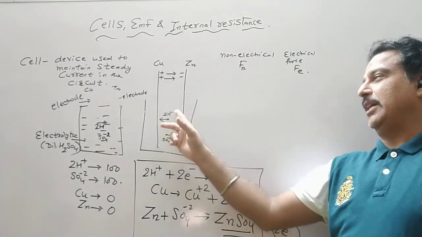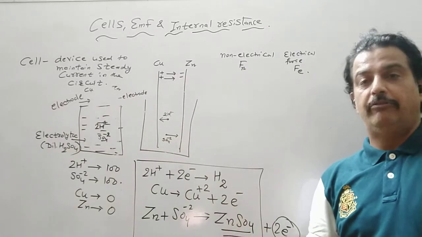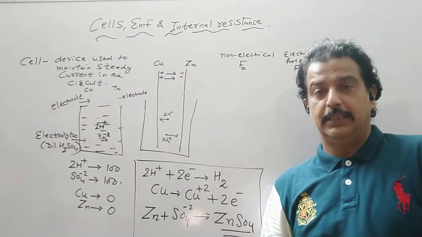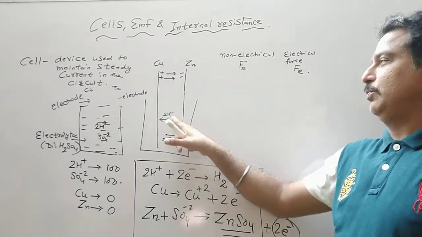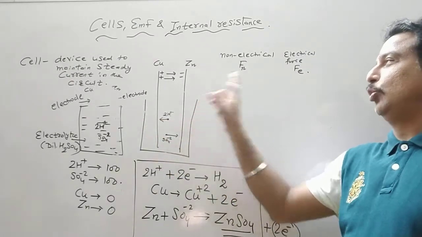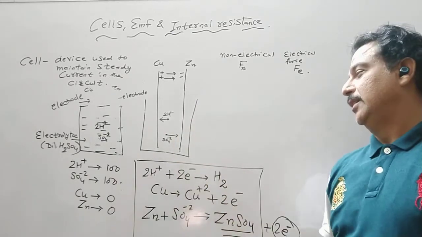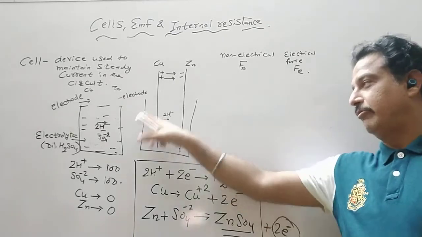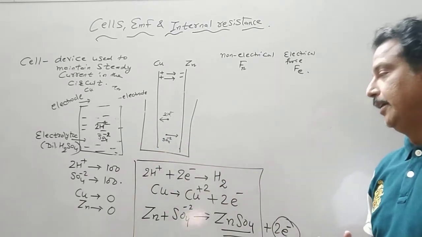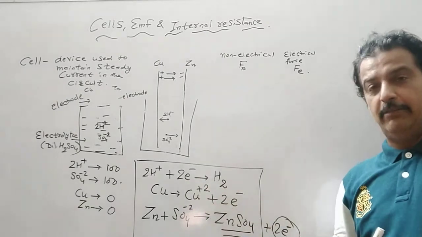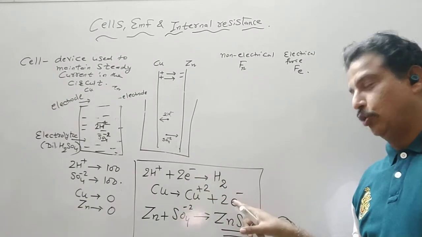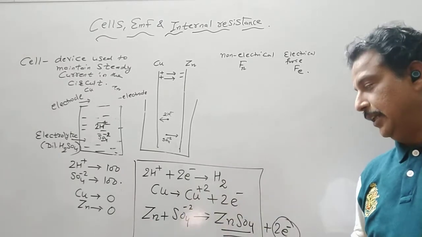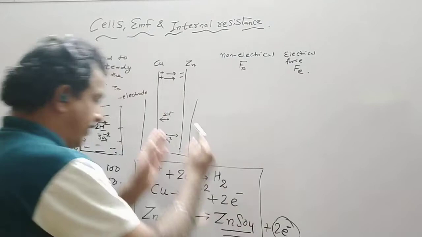As a result, H plus ions will move towards the rod which has more electronegativity, or which has an ability to lose an electron. So H plus moves towards copper, SO4 minus moves to zinc. This H plus takes out 2 electrons from the copper. So H2 starts forming inside the cell, where copper becomes positive, donating the 2 electrons. This zinc gains 2 electrons and becomes zinc sulfate inside the solution.